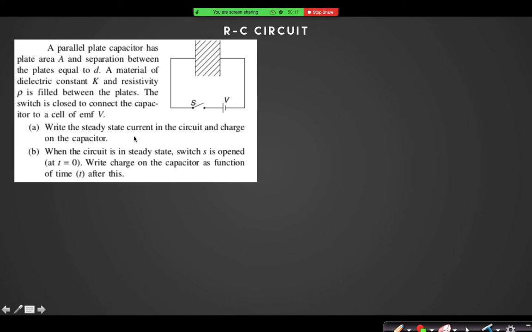So steady state current is definitely 0, and what is the steady state charge that we can find? Q equal to C into V, right? So what is C? This circuit can be simplified and redrawn like this. There is a capacitor and you can draw a resistance with that capacitor because the dielectric has a resistivity now, right? And what is the resistance and capacitance? Capacitor is equal to K into A epsilon divided by D,